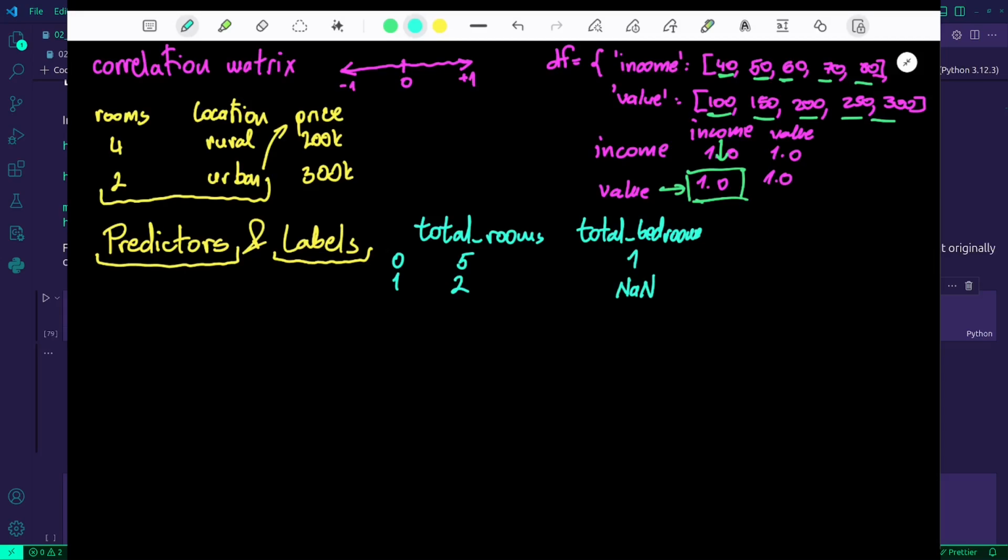Once we run this isnull method, what we will get here is basically false, false, true, and false.